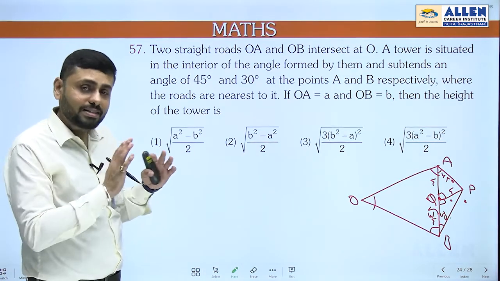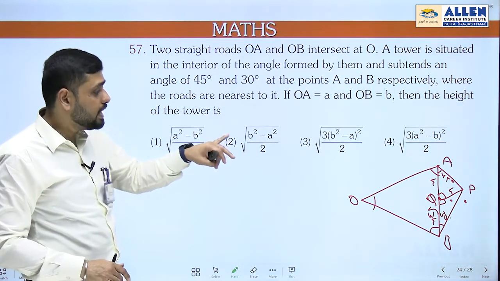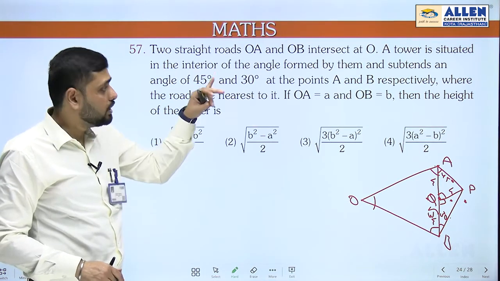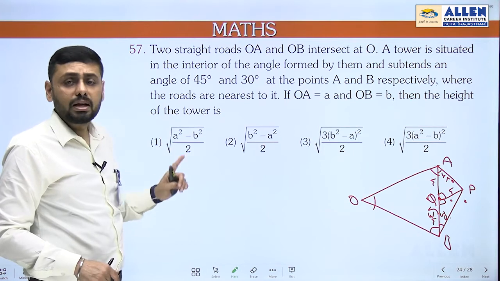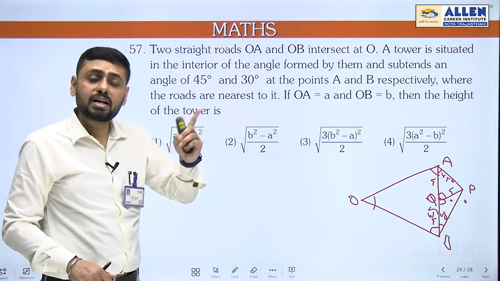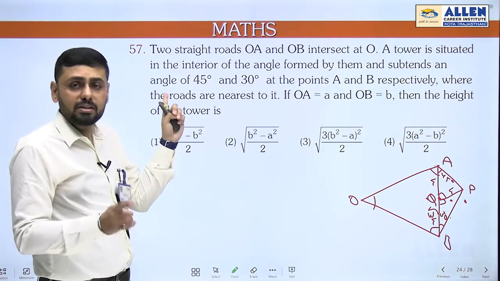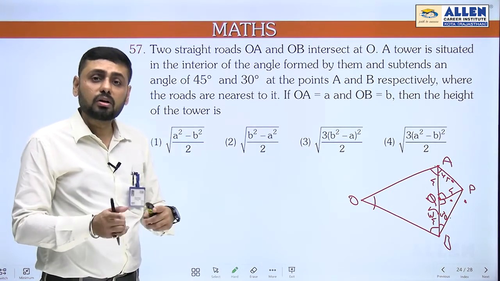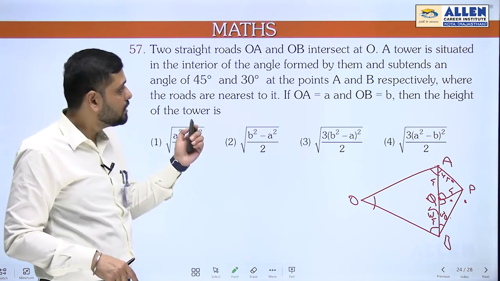Now you need to understand and analyze this, because this answer is possible if you take it from the question we have solved. But again, this answer is possible in only one case, and that case contradicts the information given in the question, that point Q, the base of the tower, will be nearest to A and B. So it is contradicting the information. That's why we are not taking this as an answer. Is it clear? So now you can note it down.